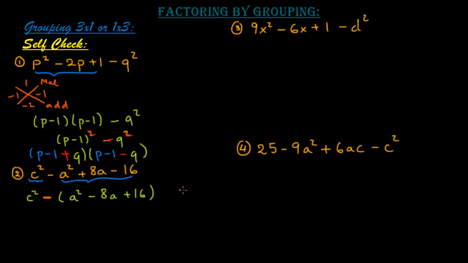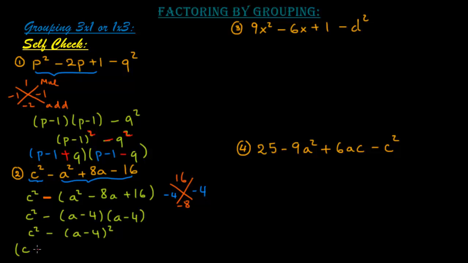Then we factor this by the diamond form, so draw the x, 16 and 8, negative 8. So the pair which works is negative 4 and negative 4. So we will have c squared minus a minus 4 times a minus 4. So we will have c squared minus a minus 4 squared. Then by applying the difference of squares, we will have